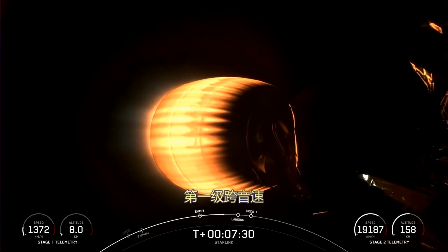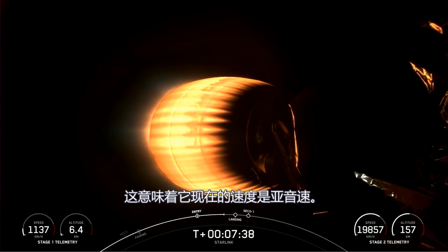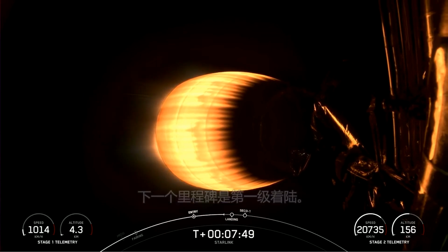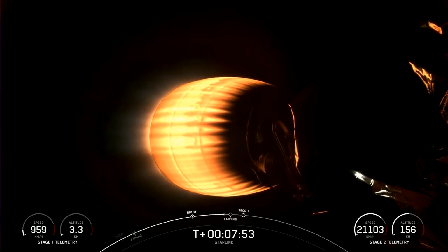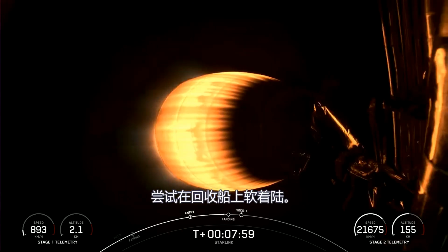Stage 1 transonic. That call out there tells us that the first stage is transonic, meaning it is traveling near the speed of sound. The next milestone we have coming up is landing of the first stage. That will be the final burn that the first stage performs, and it will attempt to make a soft landing